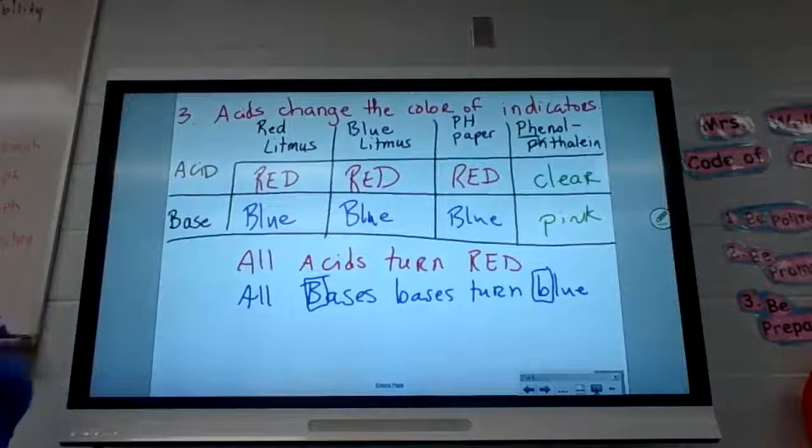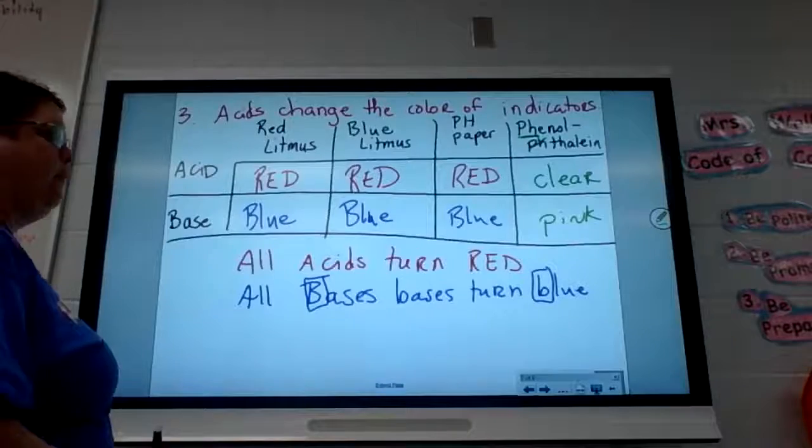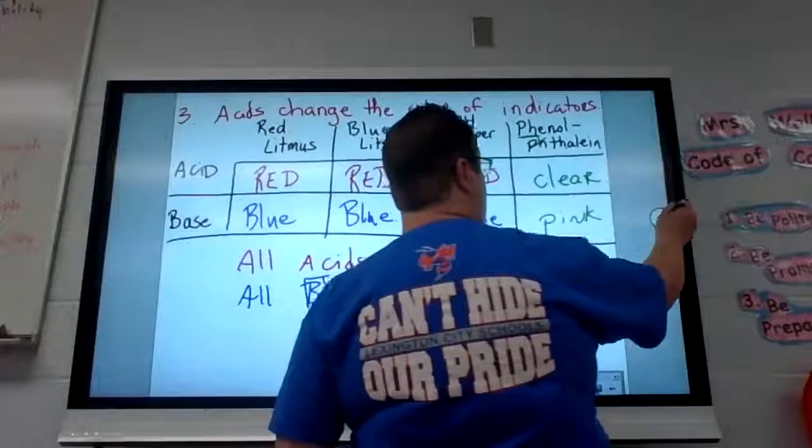If they ask you to use these, and I'm just giving you an example here, they will tell you the colors that it's going to turn. So this is not one you're going to need to memorize, but they will tell you what colors they're going to turn for an acid or a base, and they will give you a pH range. There's a sample question on one of the release tests that I'm going to give you, and we'll walk through it. Now, to review,